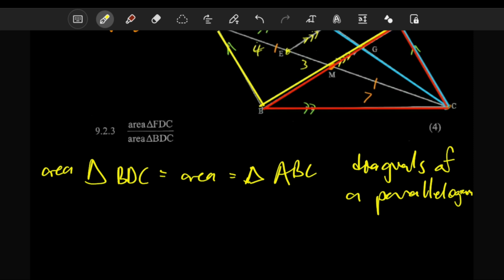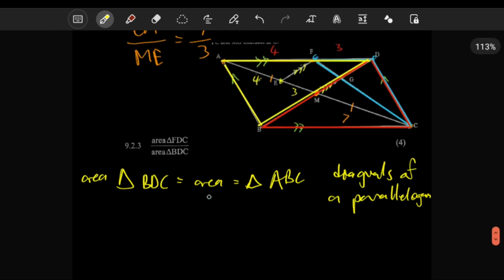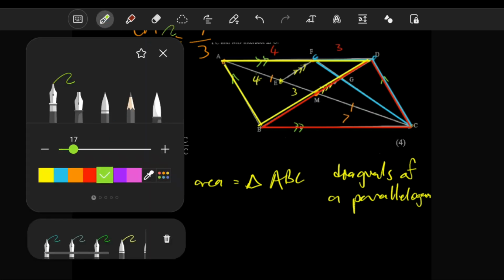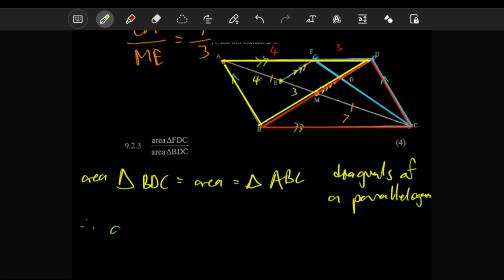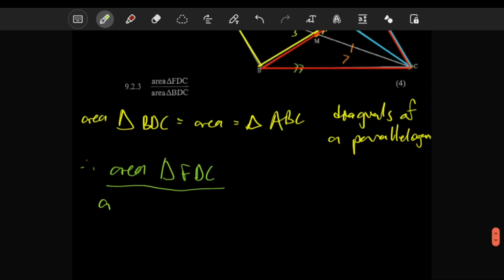This question, these are the kinds of questions where there's no point in doing them until you're 100% done. So we know that this triangle here is equal to that one. What we can do is write the ratio between the blue one and the red, and a ratio between the blue one and the yellow. Therefore, the area of the blue one, the small triangle FDC, over the area of triangle BDC, is going to be equal to the area of that same triangle over the area of